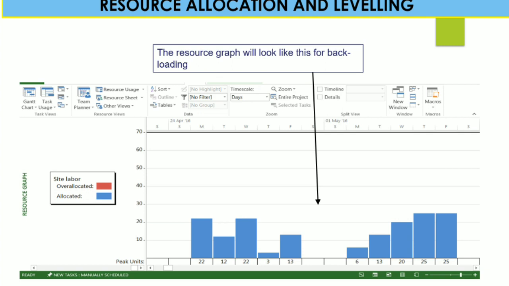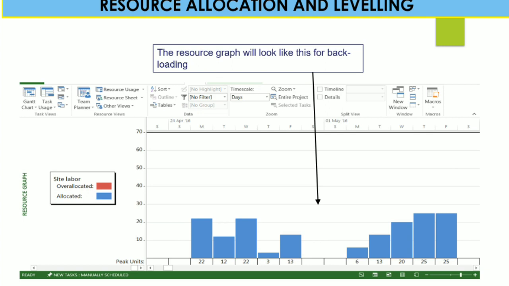If you select backloading for your particular resource's activities, you can see no over-allocation of your resource and activity. Only the allocated resource activities are shown, based on your peak units and your duration. Microsoft Project automatically backloads your activities and resource, it eases your work, and you can see that your resource is already utilized in a very good form.